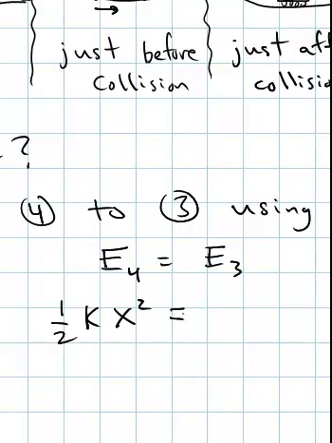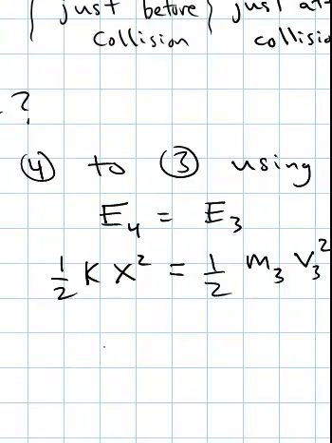And at time 3, the only energy we have is kinetic energy. It hasn't changed in height. The spring is not compressed at time 3. So we have 1/2 m3 v3 squared. So my velocity at 3